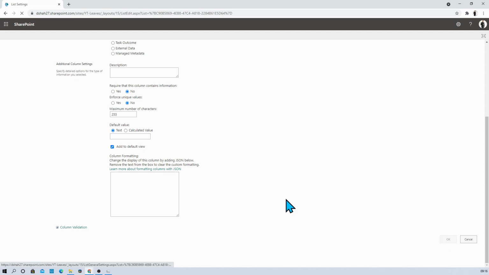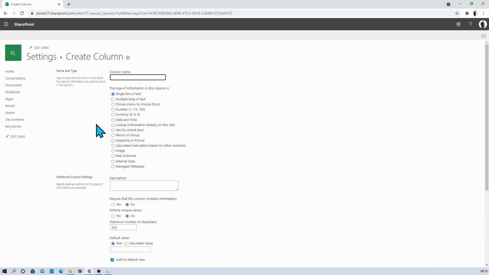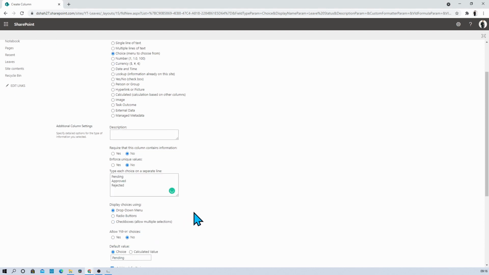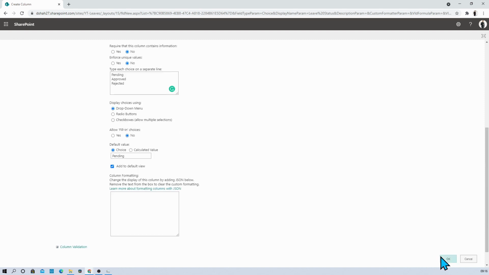Click on OK. Add a column leave status. Provide the type as choice. Add these choices: pending, approved and rejected. Click on OK.